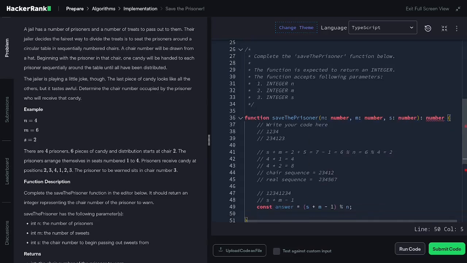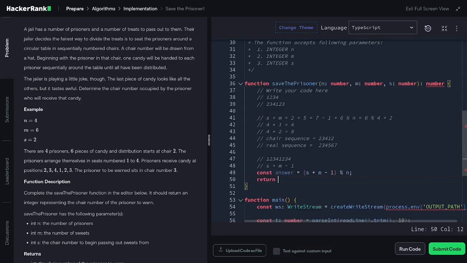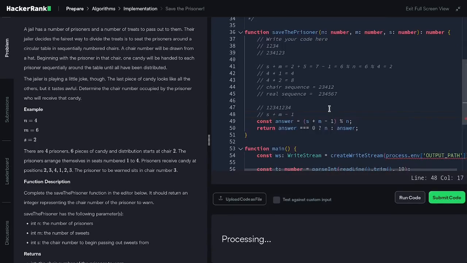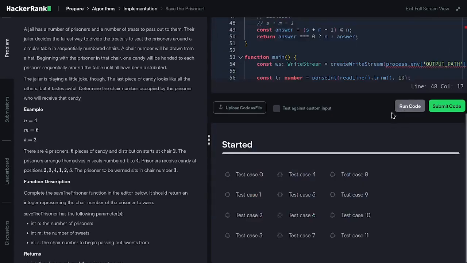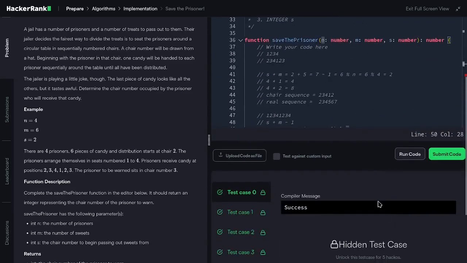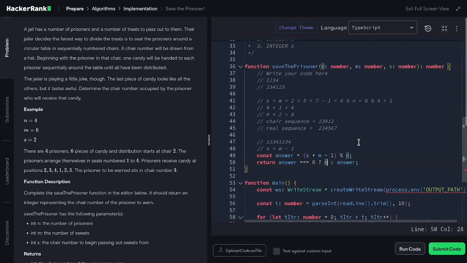And then for the final answer, we check if the answer is equal to 0, then we return the n. If it's not, then we return the answer using the ternary operator. So let's run the code to see if it works, and then let's submit this. I will explain about using the ternary operator, of why we are using the